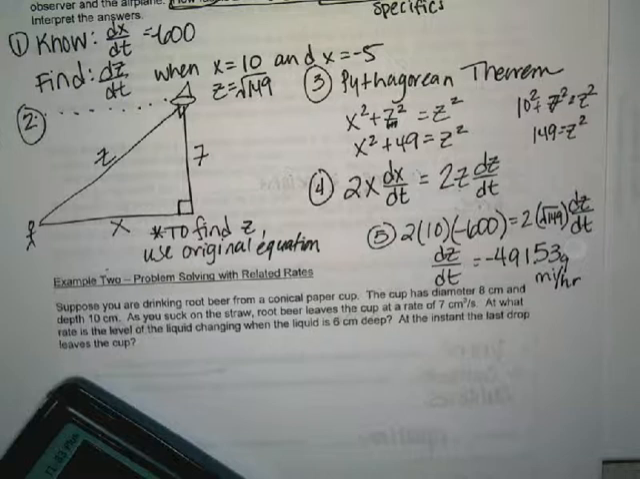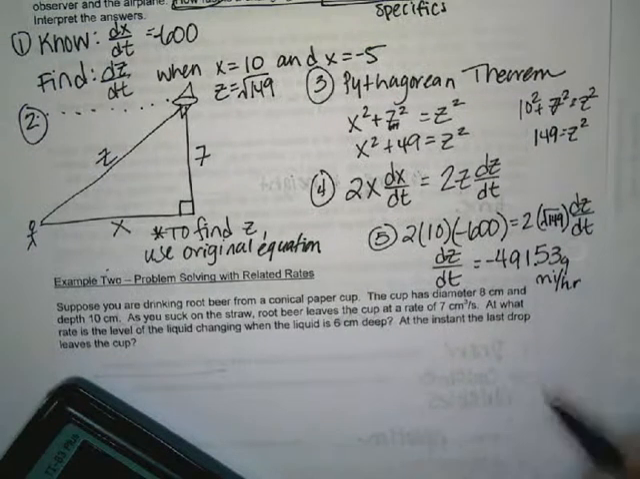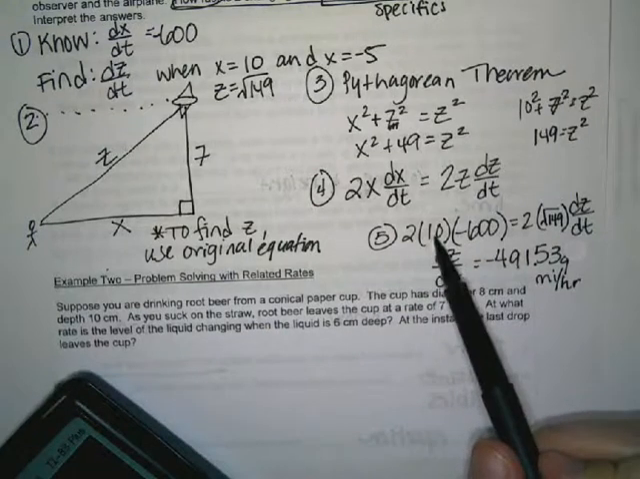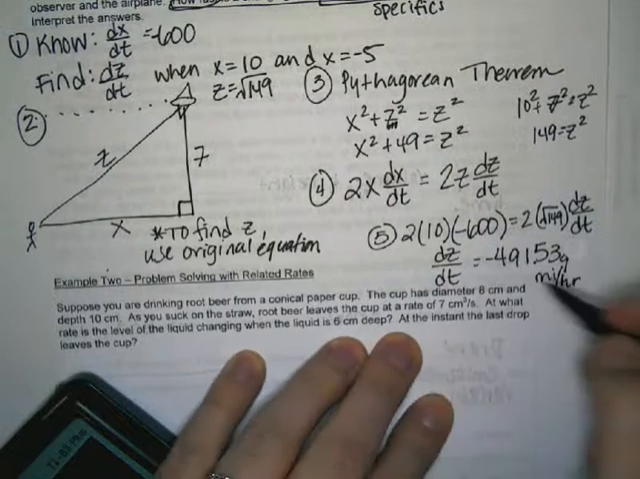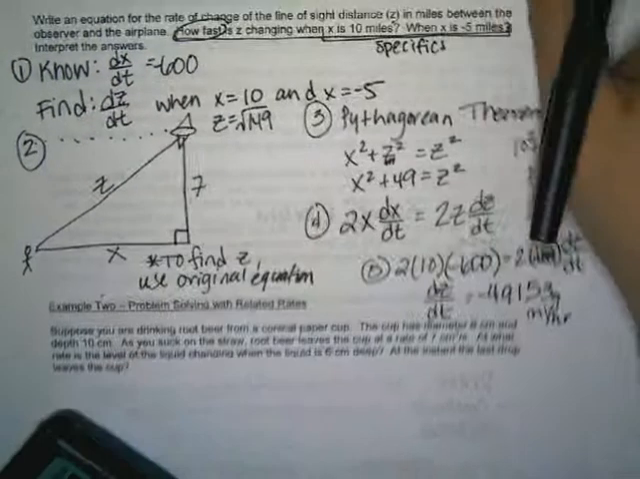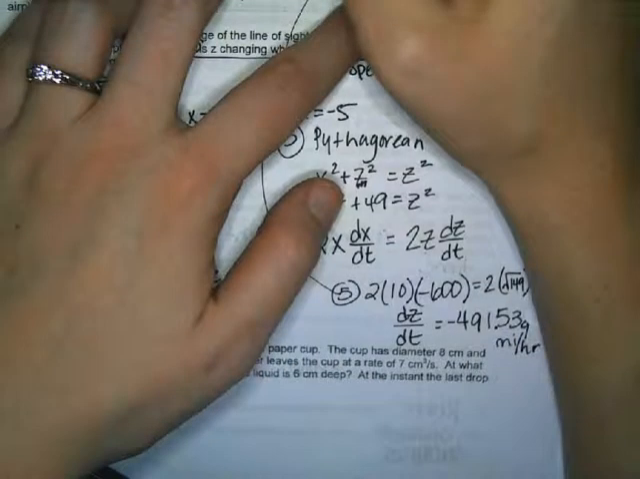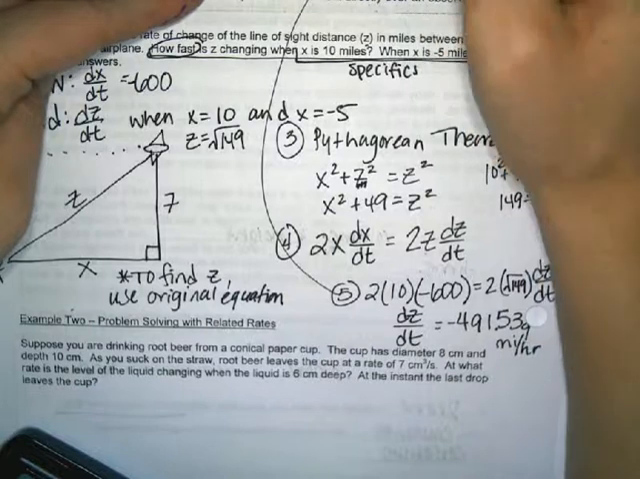Okay. So we get negative 491.539, and then we're going to do the same thing with negative 5. So instead of plugging in 10, we're going to plug in negative 5. I guess I'll do it up here. So 2 times negative 5 times negative 600 equals,